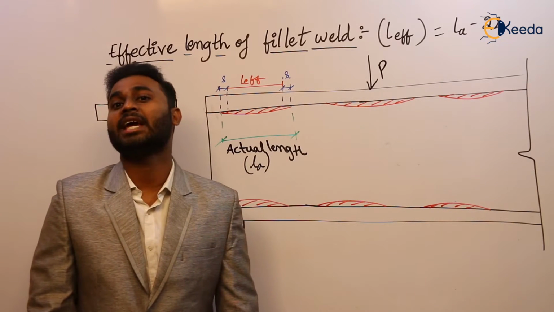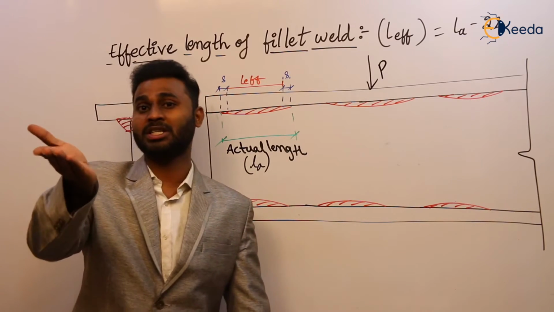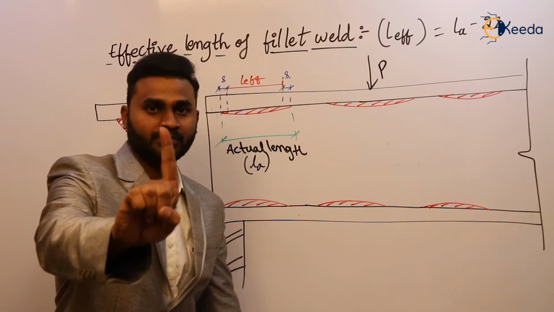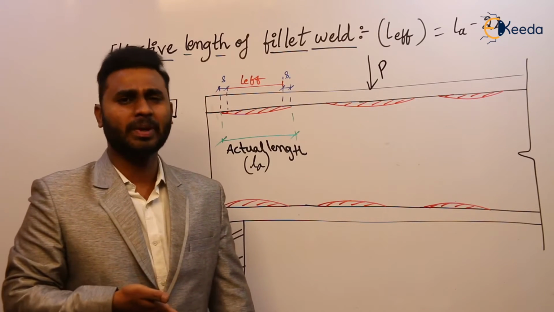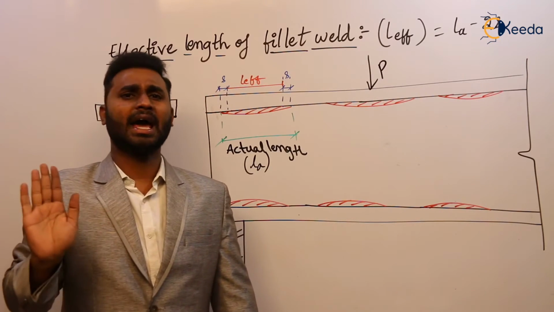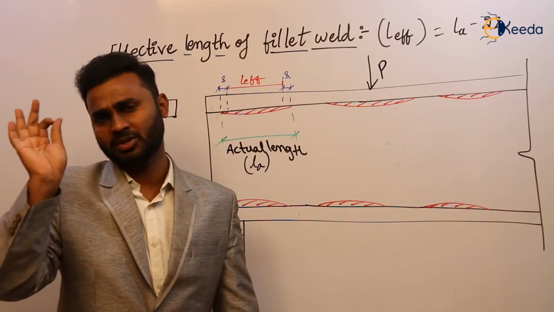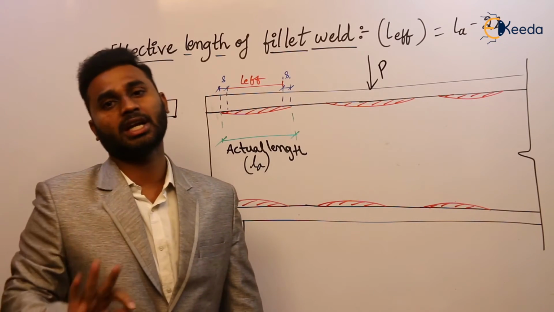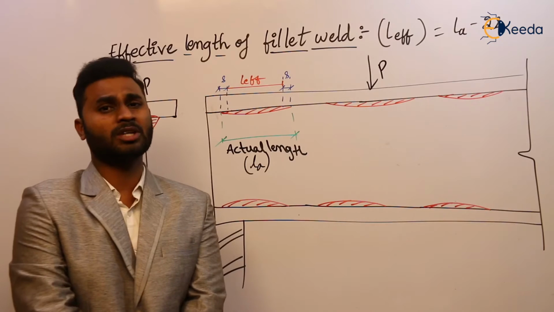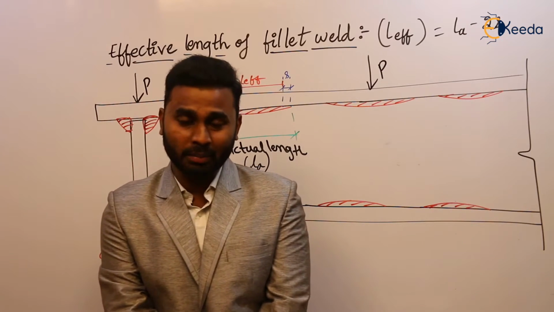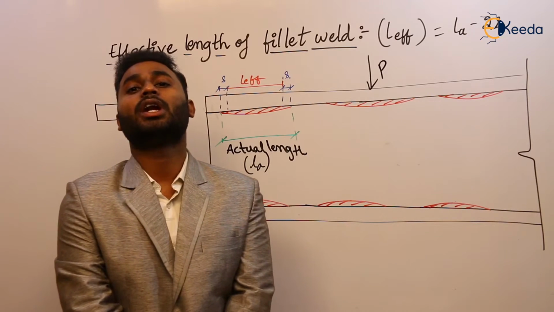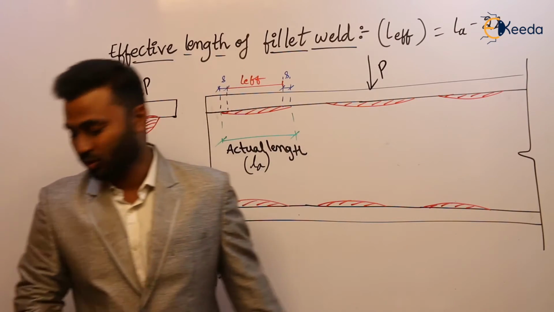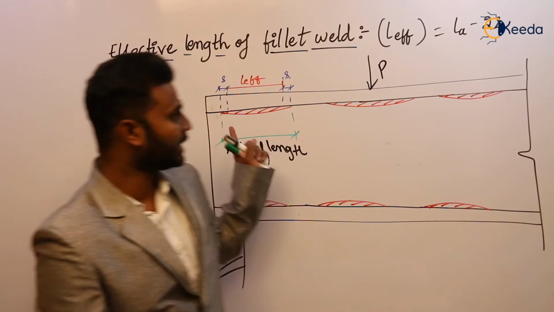In sagging bending moment, above the neutral axis is compression and below the neutral axis is tension. That compression may be bending or axial, which is irrelevant here, but we should observe compression and tension. Now if it is compression, what is the maximum pitch? 12T or 200 mm, whichever is minimum. If it is tension, 16T or 200 mm, whichever is minimum. The same provisions apply here. I'm going to show it in this diagram itself.